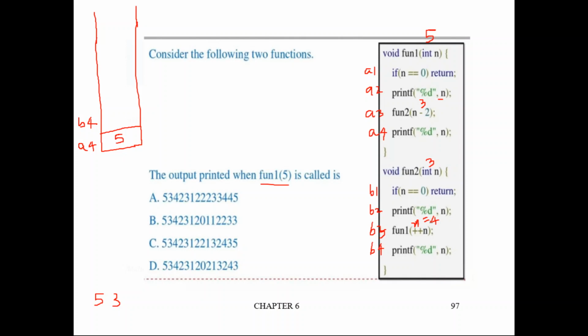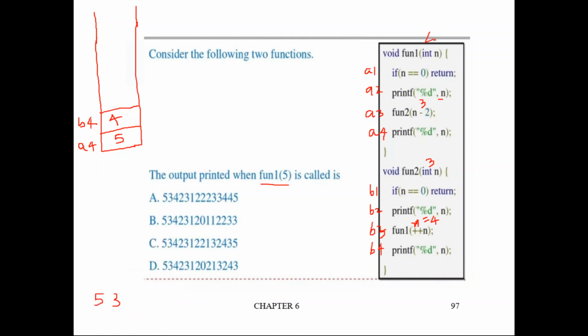What is the n value? 4, because it is pre-increment, it's already incremented. So before the function call it is 4. So this 4 will be pushed into stack. Okay, right. So now this top function is called with n as 4. So this function is now called with n value 4.